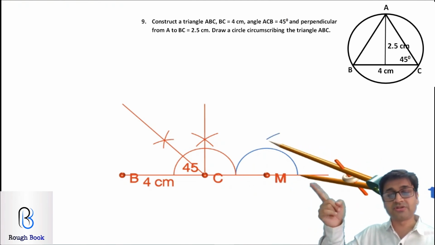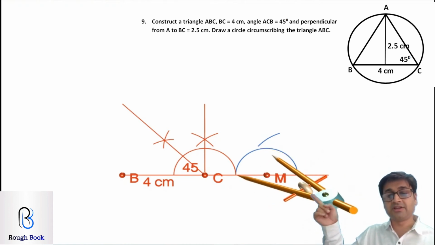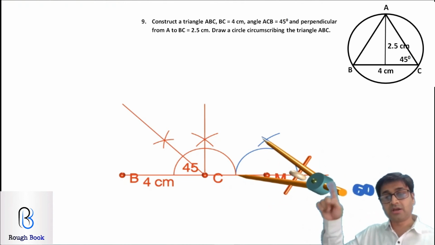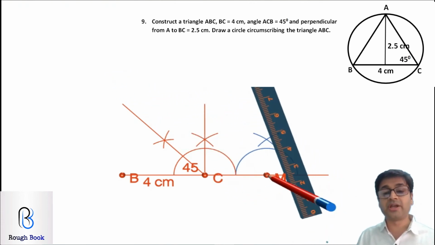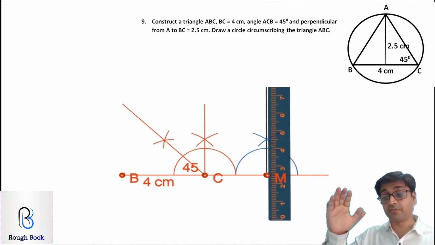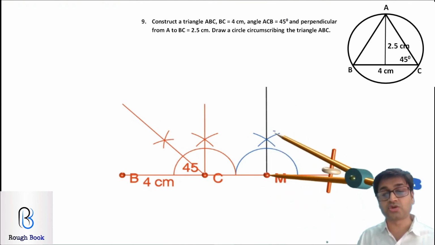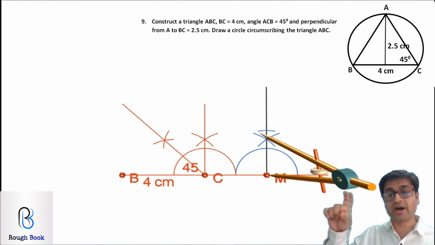Keeping on 0, can you see, at this point, which is 0, cut an arc. Go ahead. The other point 180, cut one more arc. Combine these two, that is point of intersection and M together, and what you get is another 90 degree. From M, cut an arc of 2.5 because they said that the height of the triangle is 2.5. Fix that point as point N and you got your height.